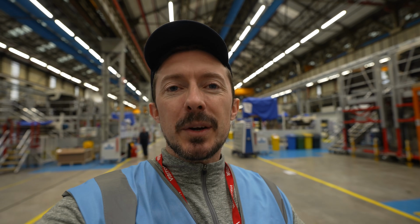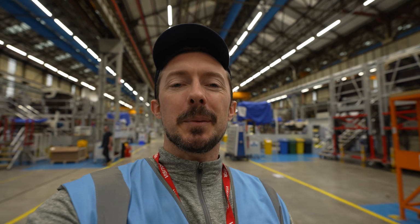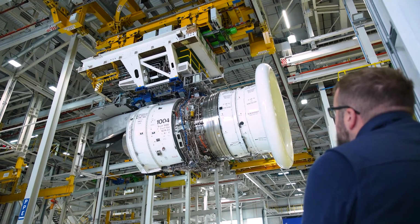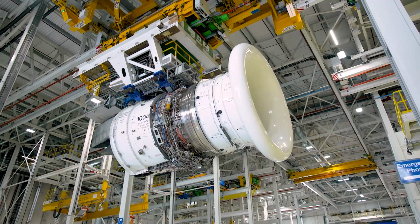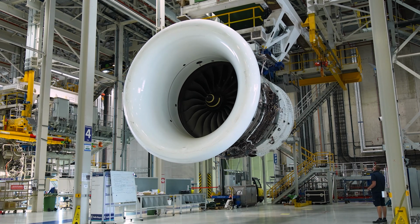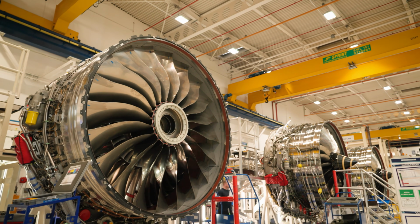This here is a very specific shop for Rolls-Royce in Derby. Here they're working on the Trent 1000s and the high pressure turbines, the hot section of those engines specifically. They're brought in here from having been out on the wing, flying around the world. They're getting the high pressure turbine systems swapped out